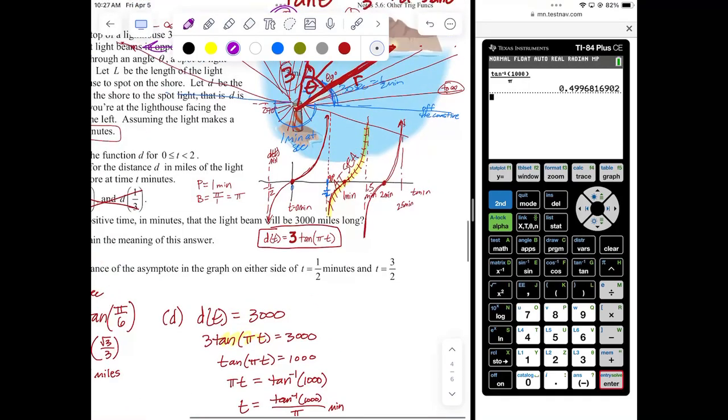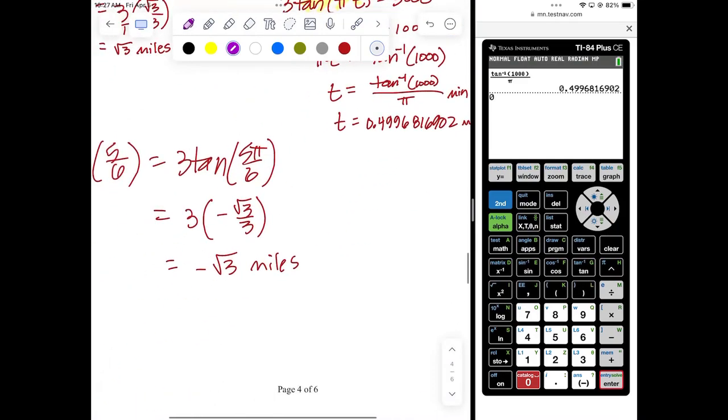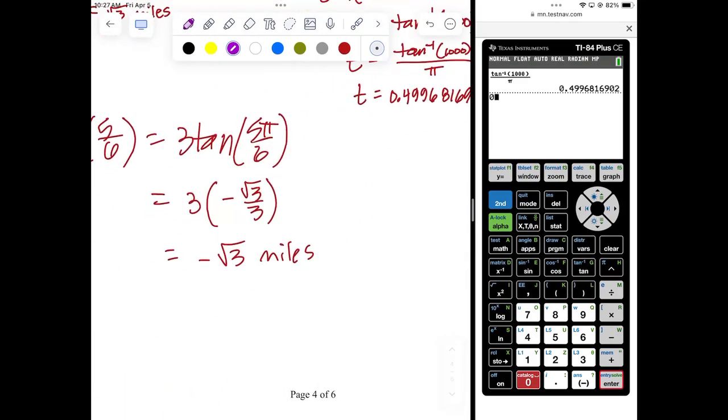At 5/6 of a minute, let's come up to our graph. 5/6 of a minute is about right here, isn't it? That's at 50 seconds. 5/6 of a minute is just short of 1 minute. Are we even on the coastline at this time? No, we're at sea. So you might think if there were another equivalent of coastline 3 miles back behind us, that we would be square root of 3 miles down that shoreline, but we're not. So we'll just say that the beam